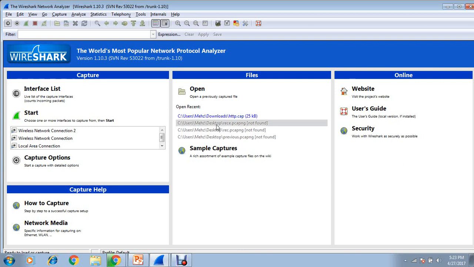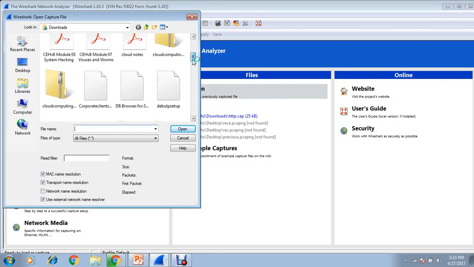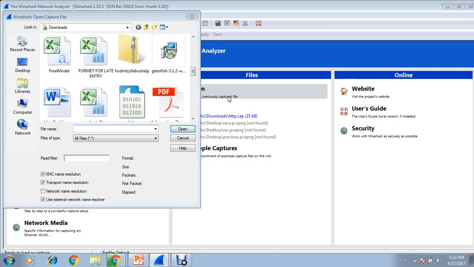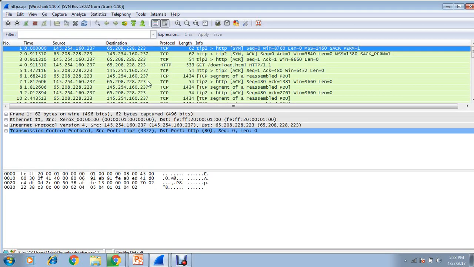So this is the welcome screen when we first start Wireshark. This open option will open the Wireshark file that you have downloaded. So you can open a Wireshark file with this option. Like I open http.cap. The extension is CAP, the Wireshark extension. To open a file in Wireshark, we have to use the extension CAP. Open. We get the downloaded file here, and also